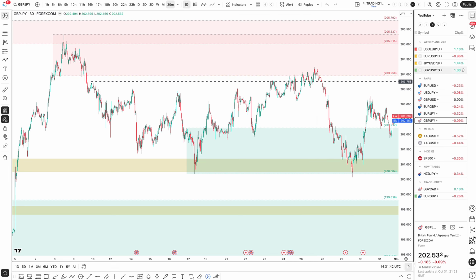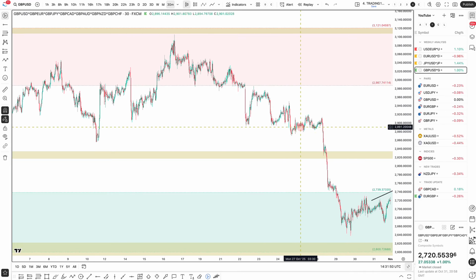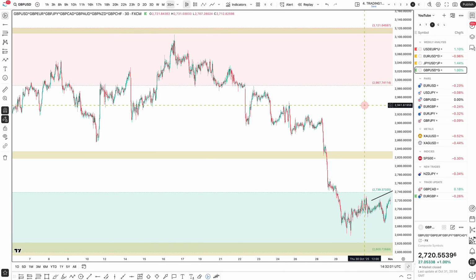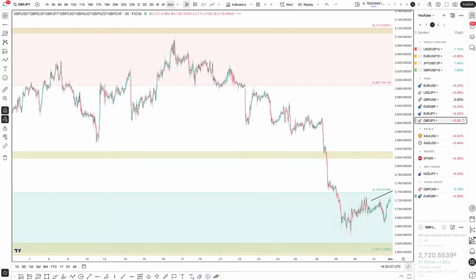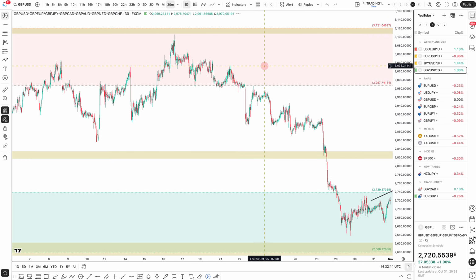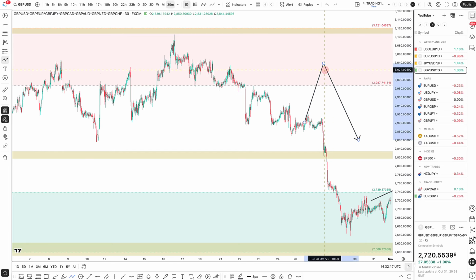And what you want to do really is look for the pound to be on the expensive side, not the cheap side. But you can see here the pound was already at lows, and you never really want to sell the pound at lows or buy at highs. That's just my rule anyway. Some traders do, they buy breakouts and sell breakouts to the downside. But for this trade to really be a trade for me, I would have needed the overall pound index to be somewhere up here on the day, and then look for a short. So it'd have to be in that supply zone before looking for a trade.